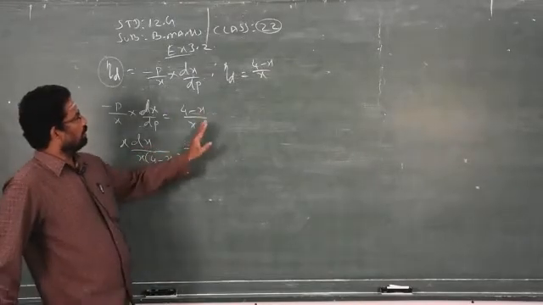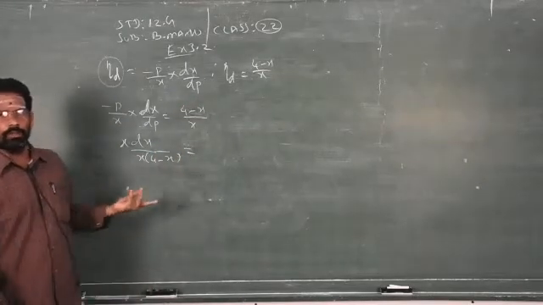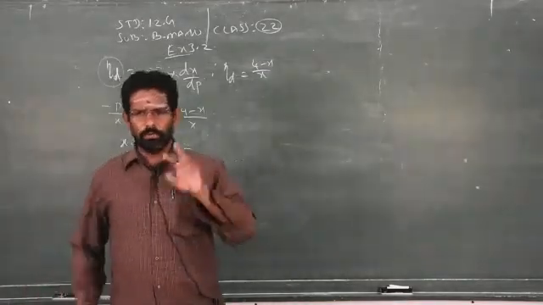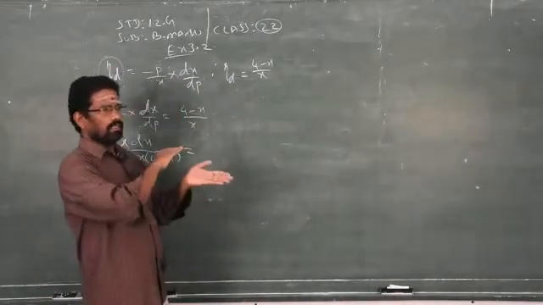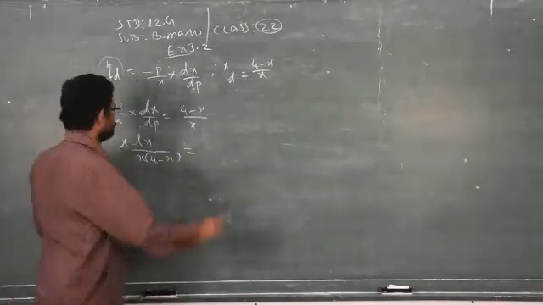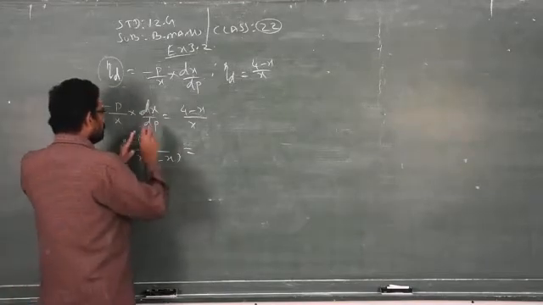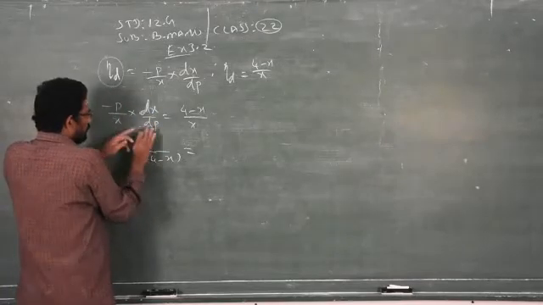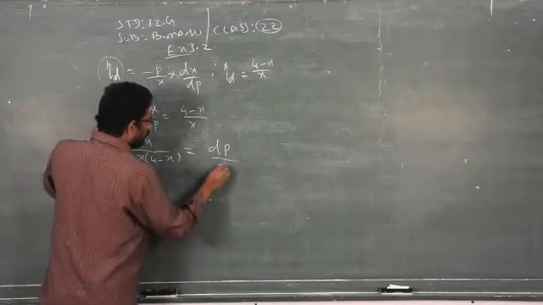Clear? So when you take the entire term on the right side, if it is in the fraction format, you have to take the reciprocal. That you know very well from the lower classes. In second and third standard, the teacher taught you how to transfer that fractional format to the left side or right side. When you transfer the fraction either from right side to left side or left side to right side, you always take the reciprocal. So this will become the numerator, this will become the denominator. So now, what are the variables consisting of p on the left side? So dp. The denominator now will become the numerator, and this numerator will become the denominator.